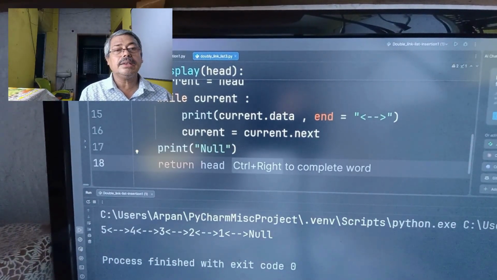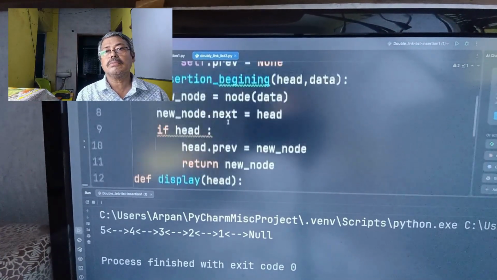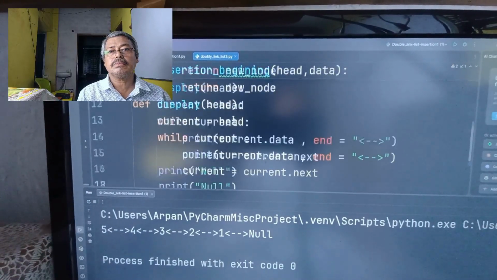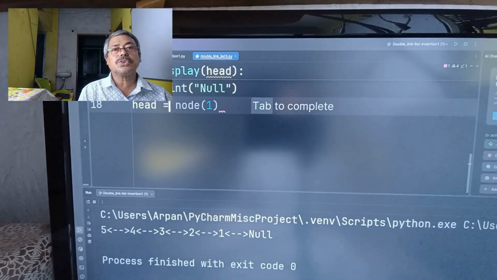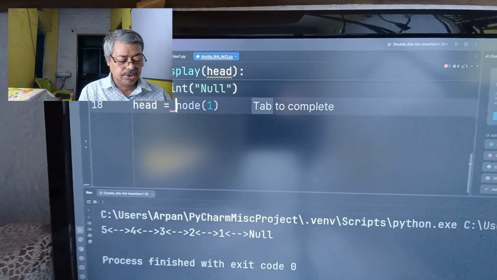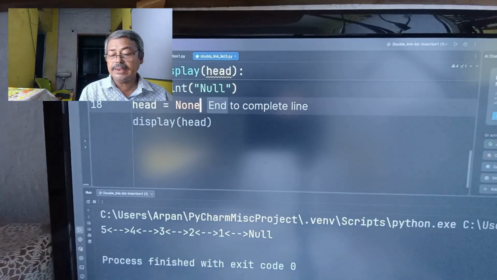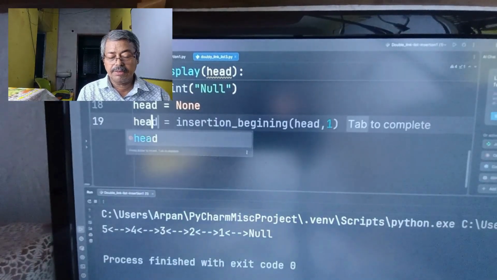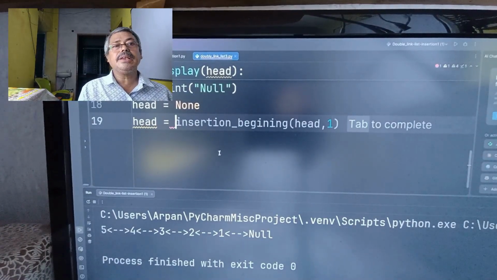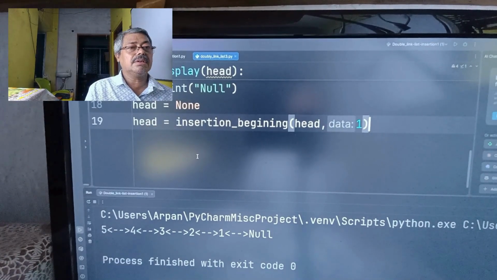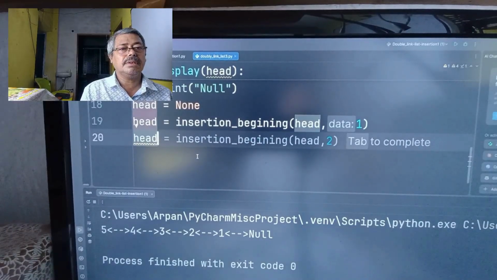Now I have to declare the data one by one. Head is the first point, so head equal to null. First I want to declare none. If I want to initialize the value, that is none. And next, insertion beginning, value head equal head 1, head value head 2,